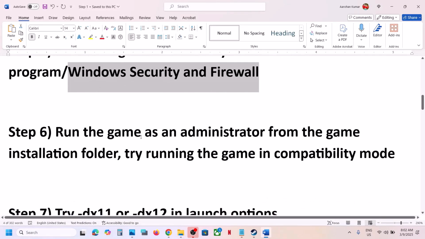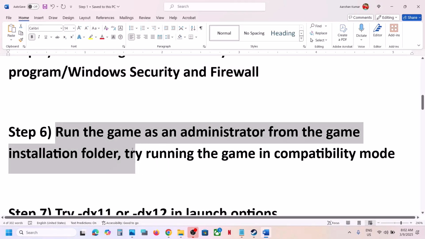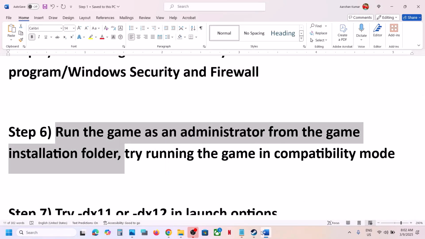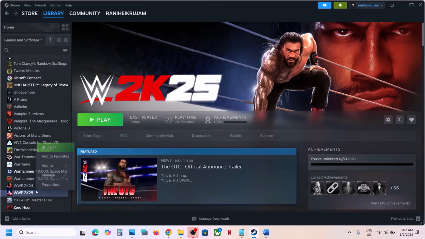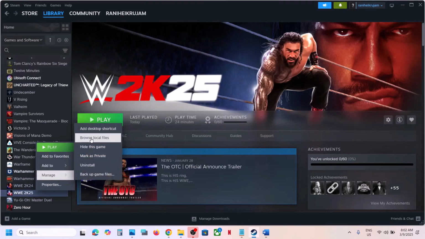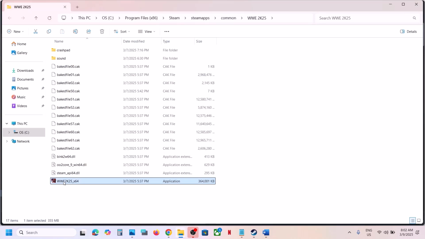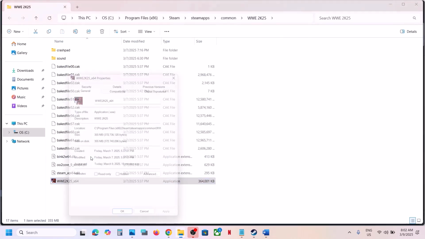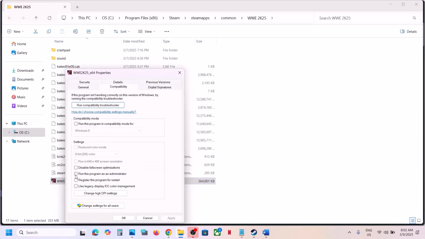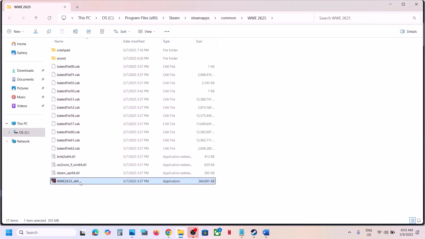Next step is to run the game as an administrator from the game installation folder. So make a right click on the game in Steam and then manage, browse local files, and then make a right click on the game exe file, select properties, and then go to this tab, put a check on the box which says run this program as an administrator, hit apply, click on OK, make a double click, launch